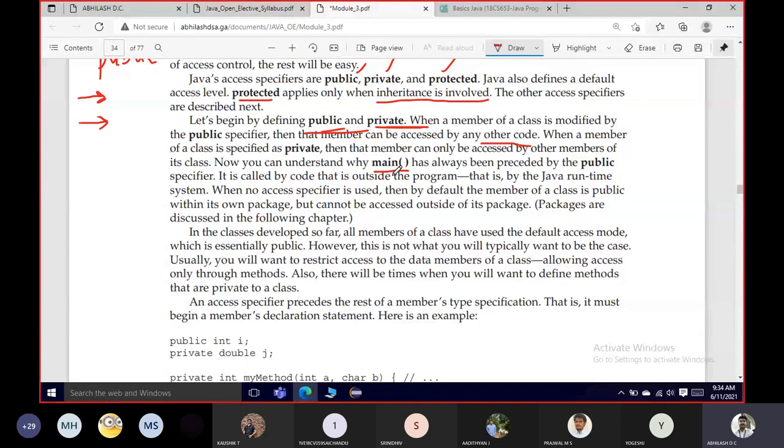Only those methods which belong to the same class can access the private members. So that is by the Java runtime system. When no access specifier is used, then by default the member of a class is public within its own package. So if you are not specifying anything, by default it will be public. The member of the class is public within its own package, but cannot be accessed